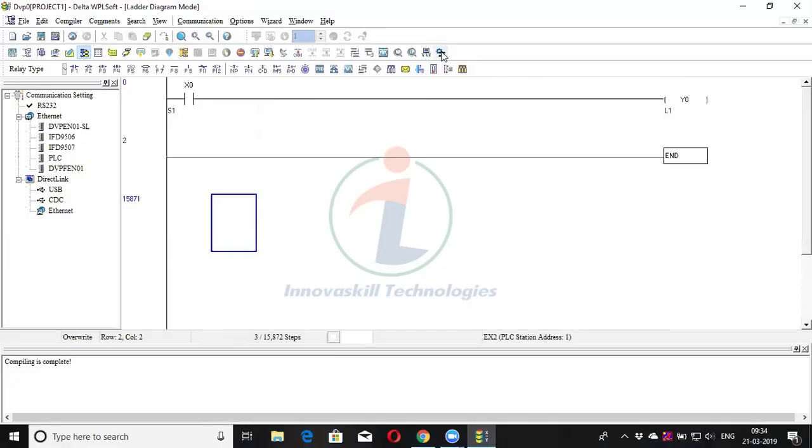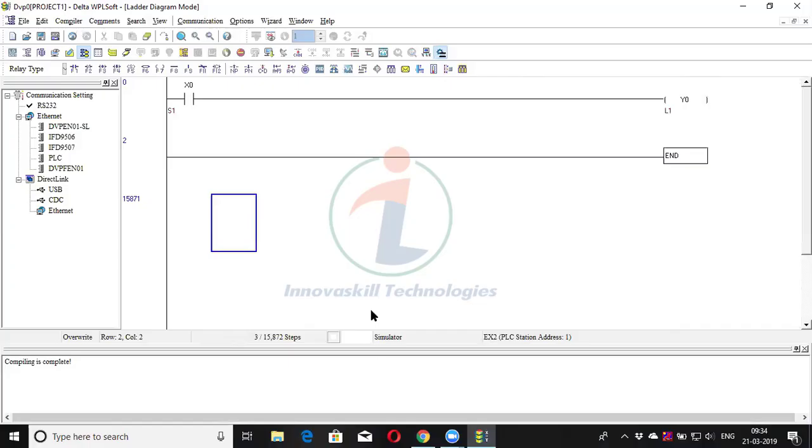So after selecting this simulator, what will happen? Automatically at the bottom, the simulator option will be enabled. If it is disabled, it will not show it here.